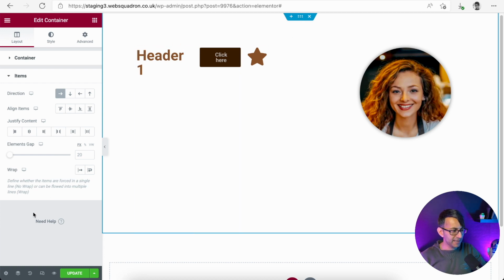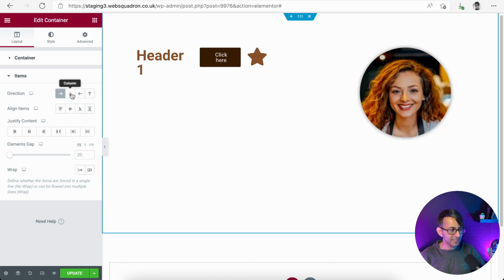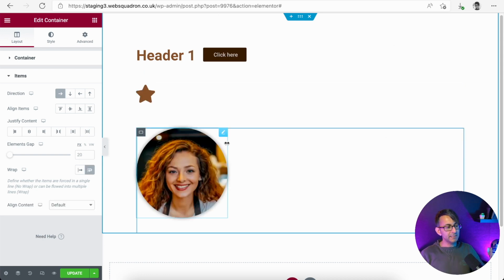If we go over to the parent, we do have a function called wrap. What wrap does is it starts to define if certain things will be on their own line or in the same line. But when you do that, it's almost like going back to doing column, isn't it? Look, let me take it off. There's your column approach. Let's put it as a row and let's wrap it. There's a bit more spacing, obviously. You'd have to mess around with your justified content and things like that. But that has now moved things down.